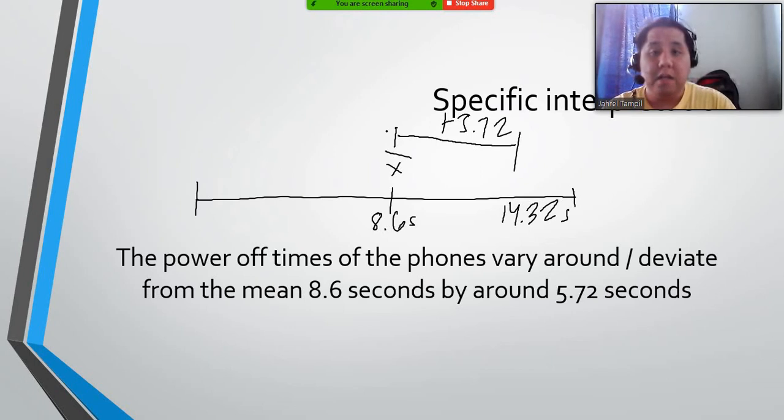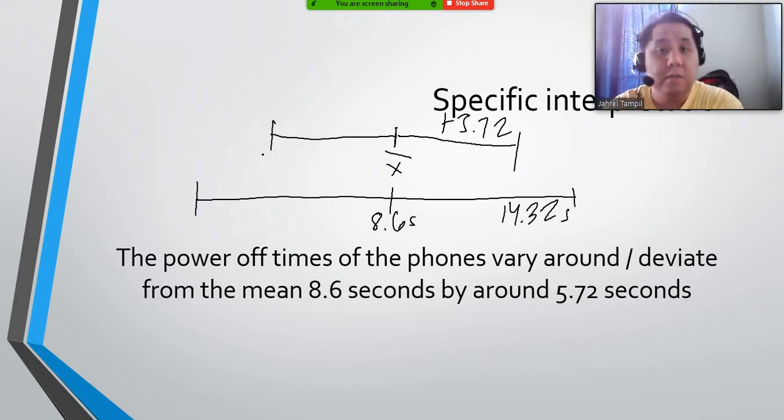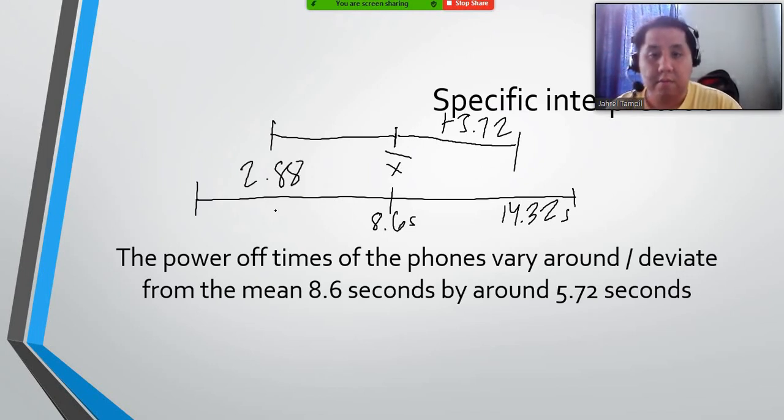And the value before the mean of 8.6 would be 2.88. Now, but we don't have those values. Yes, that is true. However, this just gives us a rough estimate that the distance between the mean and one specific value would be around 5 or around 6 if we round it off,